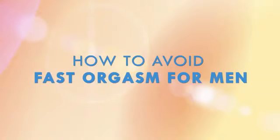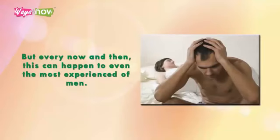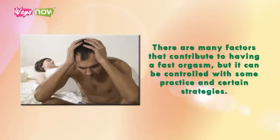How to avoid fast orgasm for men. Premature ejaculation is perhaps the greatest fear of many sexually inexperienced men. But every now and then, this can happen to even the most experienced of men. There are many factors that contribute to having a fast orgasm, but it can be controlled with some practice and certain strategies. If you think you suffer from premature ejaculation, here are some tips on how to avoid fast orgasm